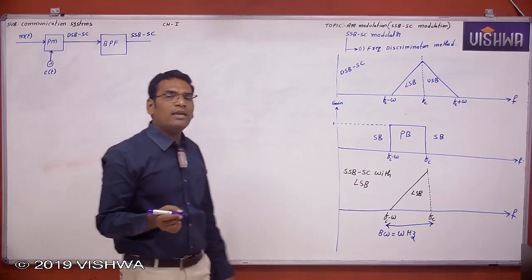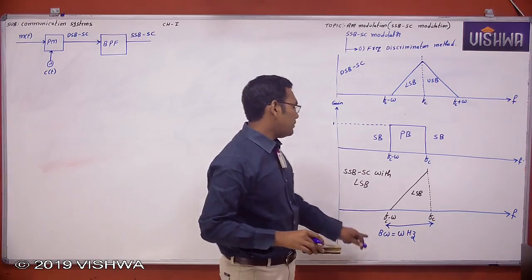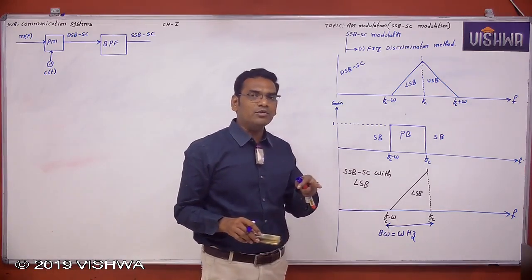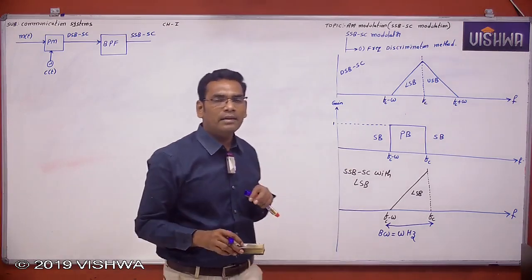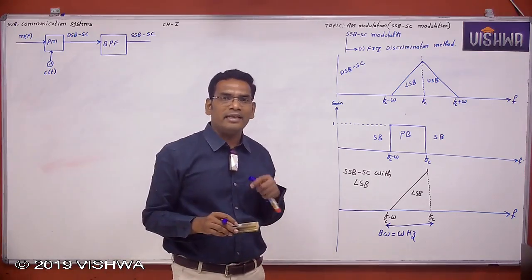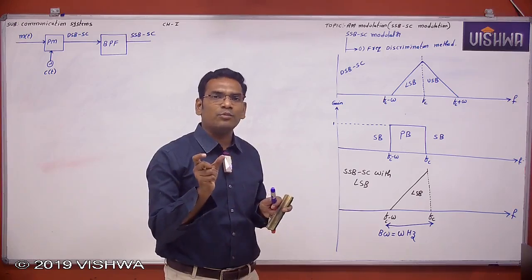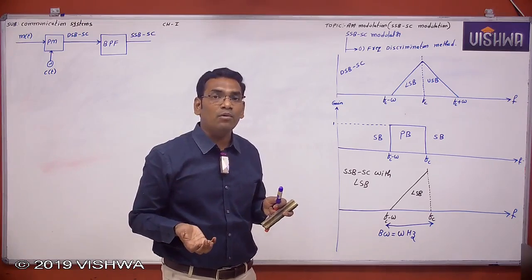The bandwidth of AM is 2 omega, the bandwidth of DSB-SC is 2 omega, but the bandwidth of SSB-SC is omega hertz, which is reduced by 50% when compared with the bandwidth of AM and DSB-SC. So what is the main advantage of any modulation technique? The bandwidth of the modulated signal should be as minimum as possible,